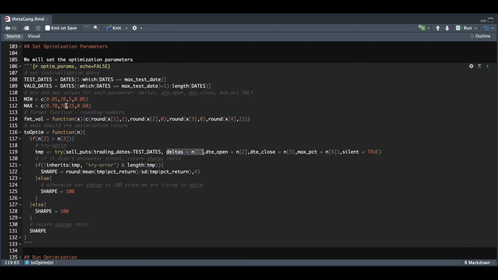25. Now it gets a little bit tricky here since there's an overlap, but in the actual optimization function, I'm going to make sure that our number of days to expiration on the open is higher than the close. Now lastly, the percentage difference from the strike to the underlying price will be a minimum of 5% all the way up to 60. So the strike that we choose has to be at least this much away from the